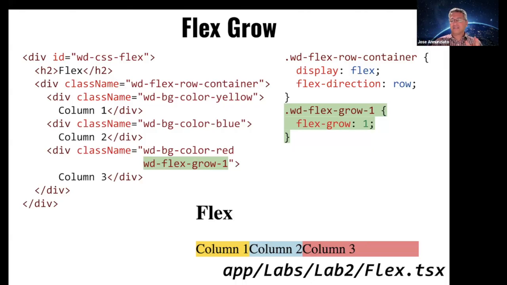If this were applied to several, they would all be the same width. So with flex grow 1, they will all be the same width. And then you can override it, maybe one of them has flex grow 2 or flex grow 3. It means that it's twice as large as the other two. But I'm not going to get into that complication. This one is actually very convenient, in that it allows you to expand or make things grow and take up the remaining width,